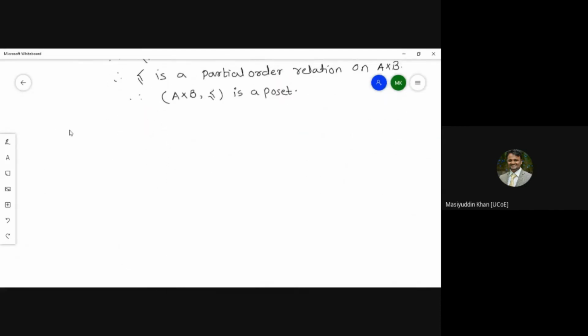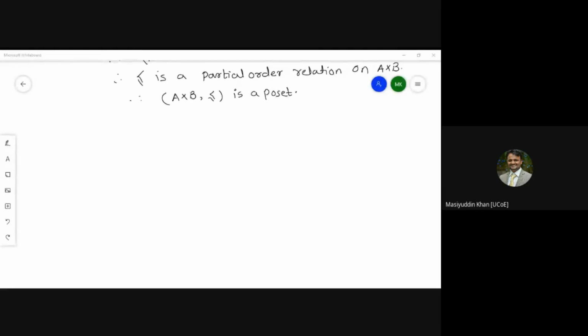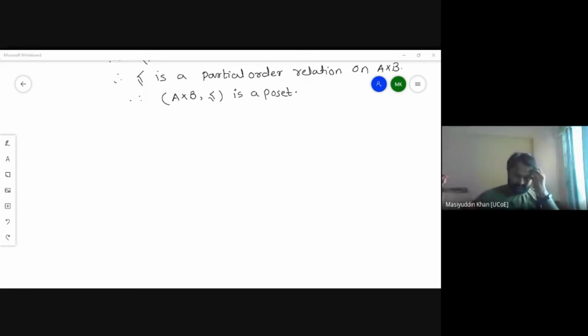Hope that you are satisfied with the questions, whatever I solved. If anyone has any doubts regarding partial ordered set, or how we can verify or prove a partial ordered set, you can go ahead with your doubts or with your questions, so that I will clarify your doubts. Anyone? Anyone having any questions or any queries regarding the partial order sets?